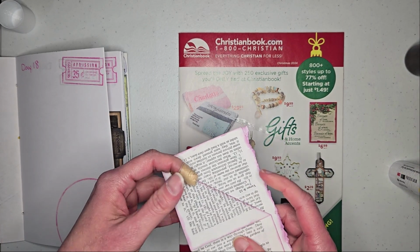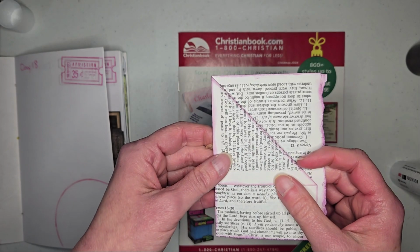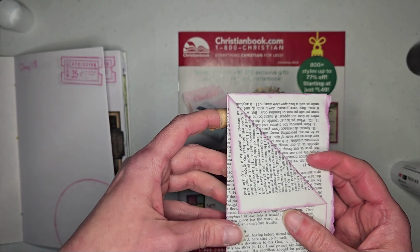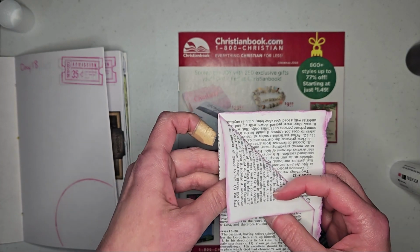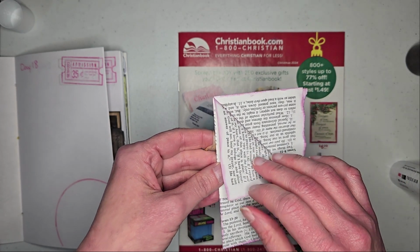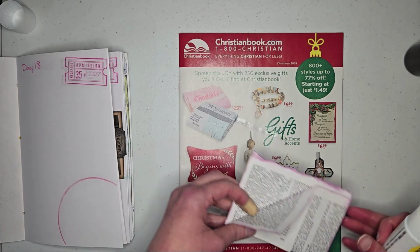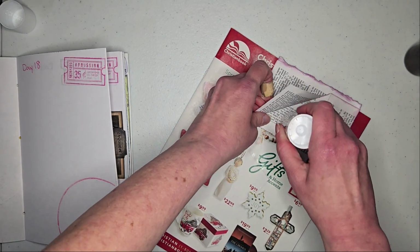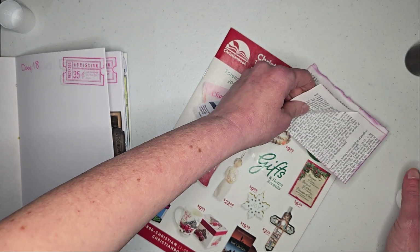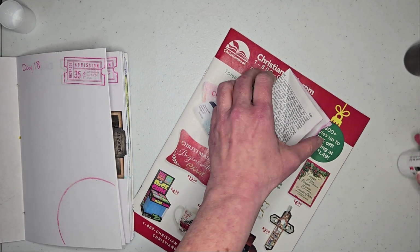Pressing that out. And now there's a couple things you could do here also. You could leave it loose, the flaps. You could glue them all down. You could glue down the edge and leave a little tuck space here. So those are a number of things you could do. You could do a combination, leave it with a tuck space open and then leave this one flapping where you could put something secret hidden in there, a secret message, a stamp, or something. I think for this one, I'll just keep it simple, and see, that's already gluey. I'm going to just do a dab of glue in there just to hold those two together. Again, strengthening that fragile page. And I'm just going to glue the whole thing shut so that it's,